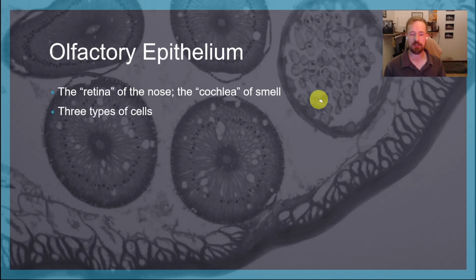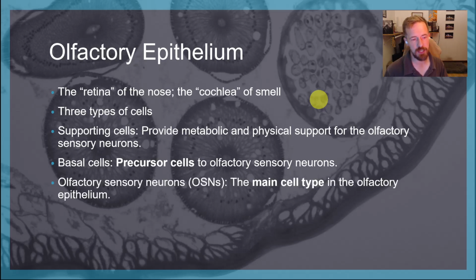All right, so the olfactory epithelium, you can think of it as like the cochlea of smell. There are 3 types of cells here. And if you watch that COVID video that I mentioned in the very beginning of the chapter, they talk about the supporting cells a pretty good bit. Do you want to guess what the supporting cells do in your olfactory epithelium? If your guess was that the supporting cells help support other cells, then congratulations, I will give you a gold star because you're absolutely right.